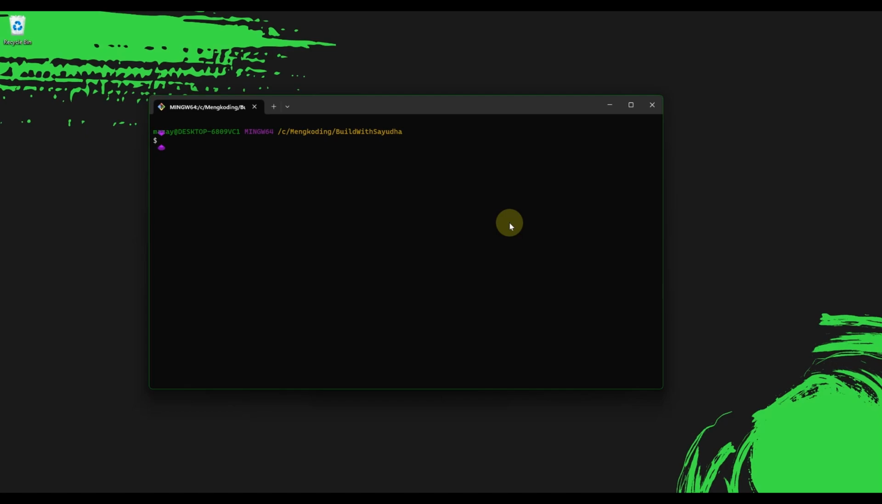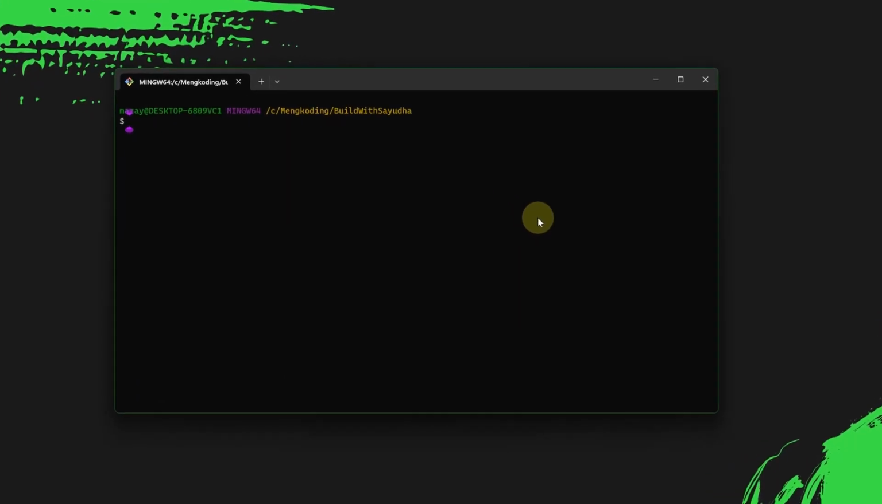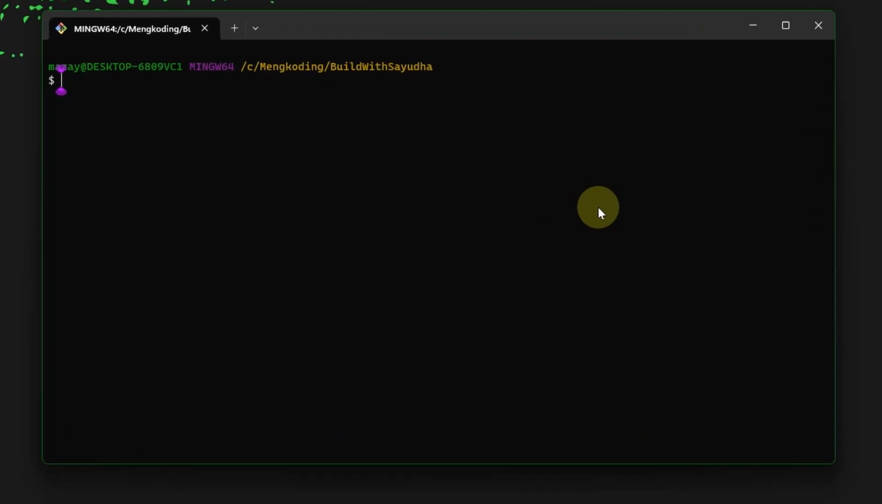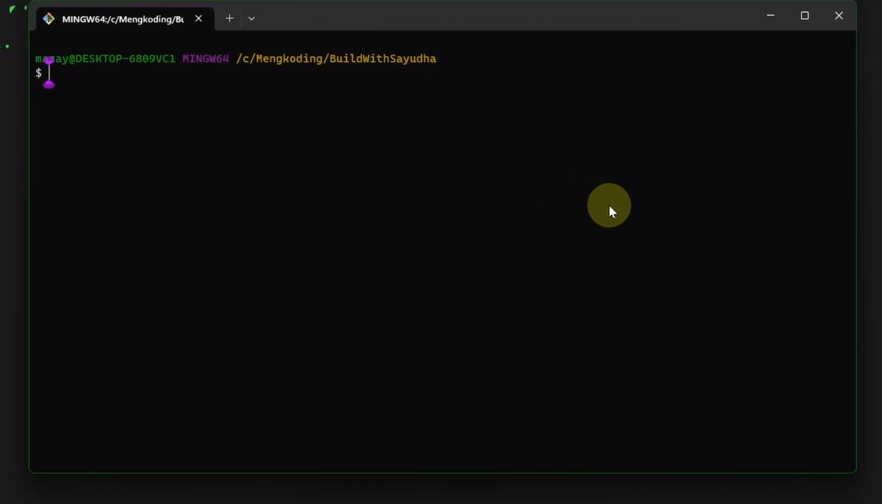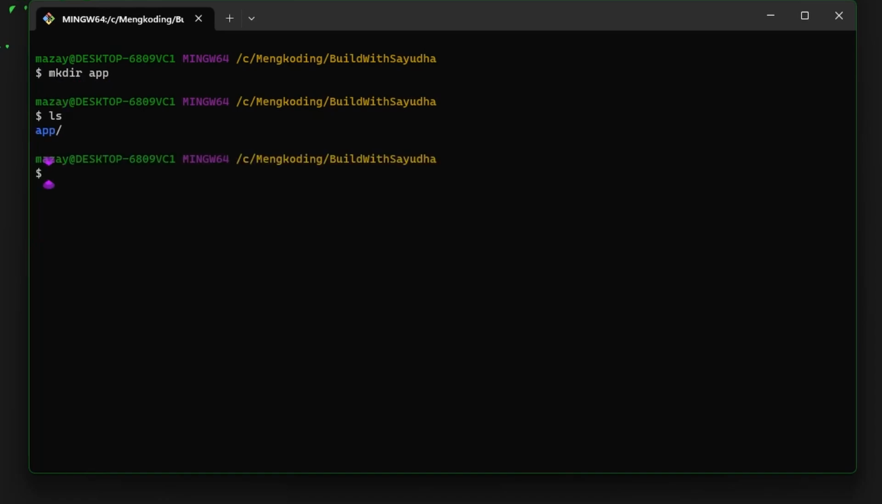First, we need to set up your working environment. On your computer, create a new folder and name it app. We can see that our app folder is already there. Let's go to the app folder